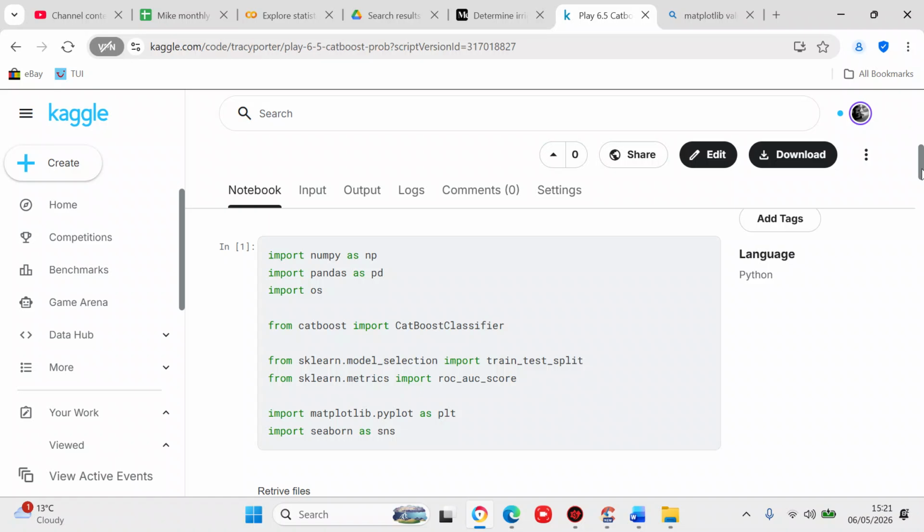We're going to import Pandas as pd, which helps you manipulate your data, which is data processing. We're going to import os, which lets you go into the operating system. We're going to import Catboost, and from Catboost we're going to import Catboost Classifier, which is our model, and Catboost Classifier is designed to work